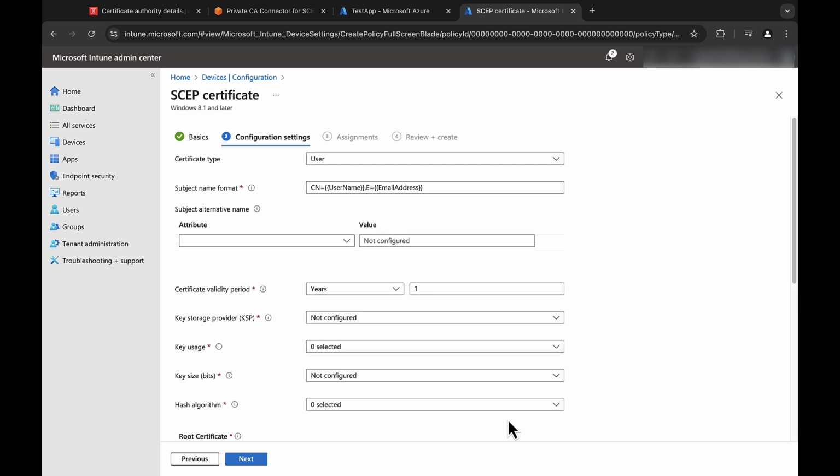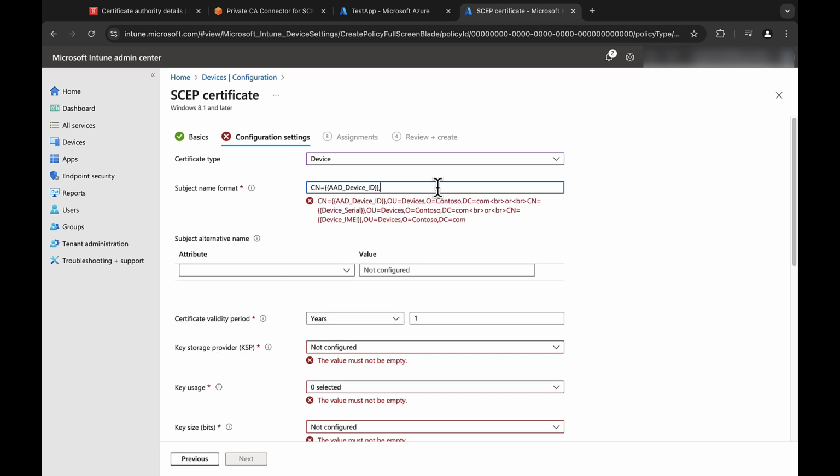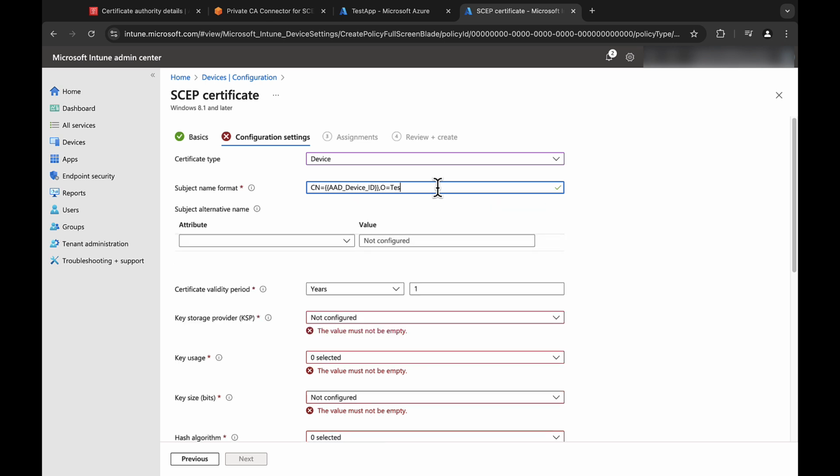And for the certificate type, we'll select Device. And for subject name format, we will name it Testing. And just be sure to put it in the format that I entered here. For alternative name, I will leave this as the default.